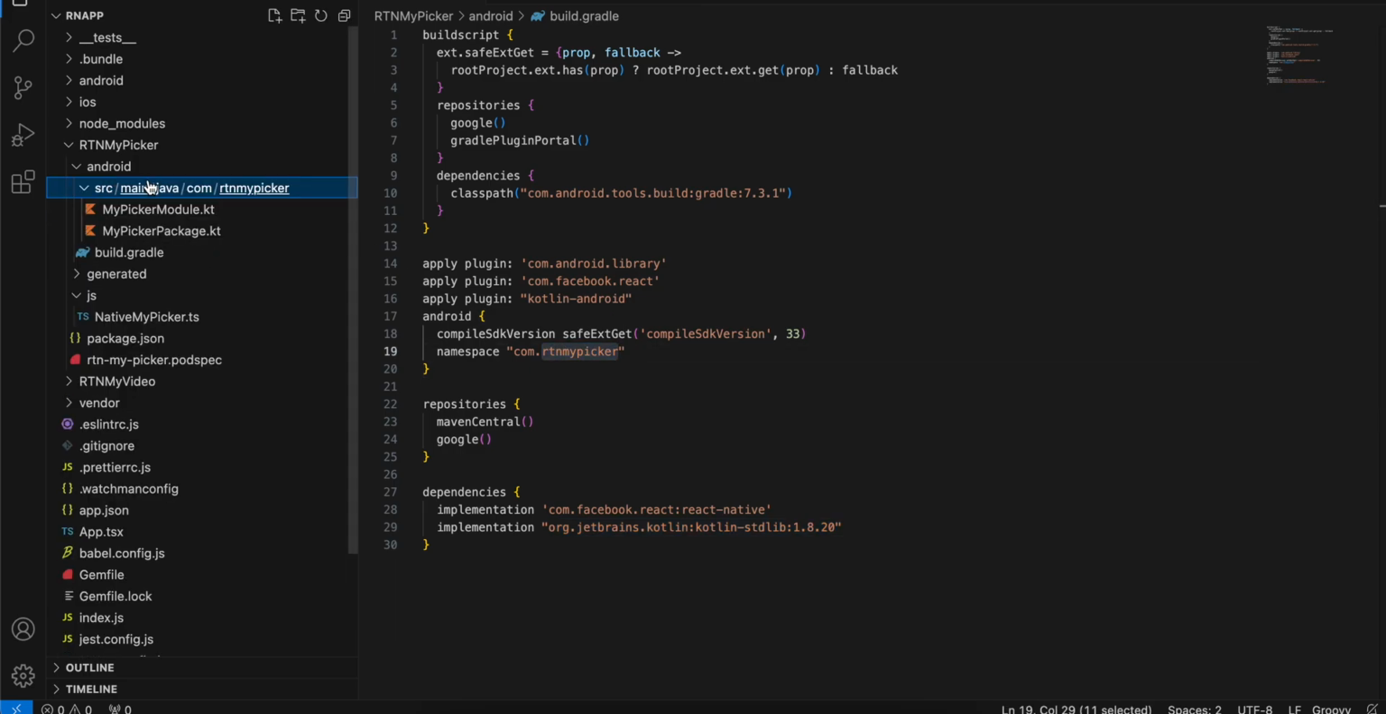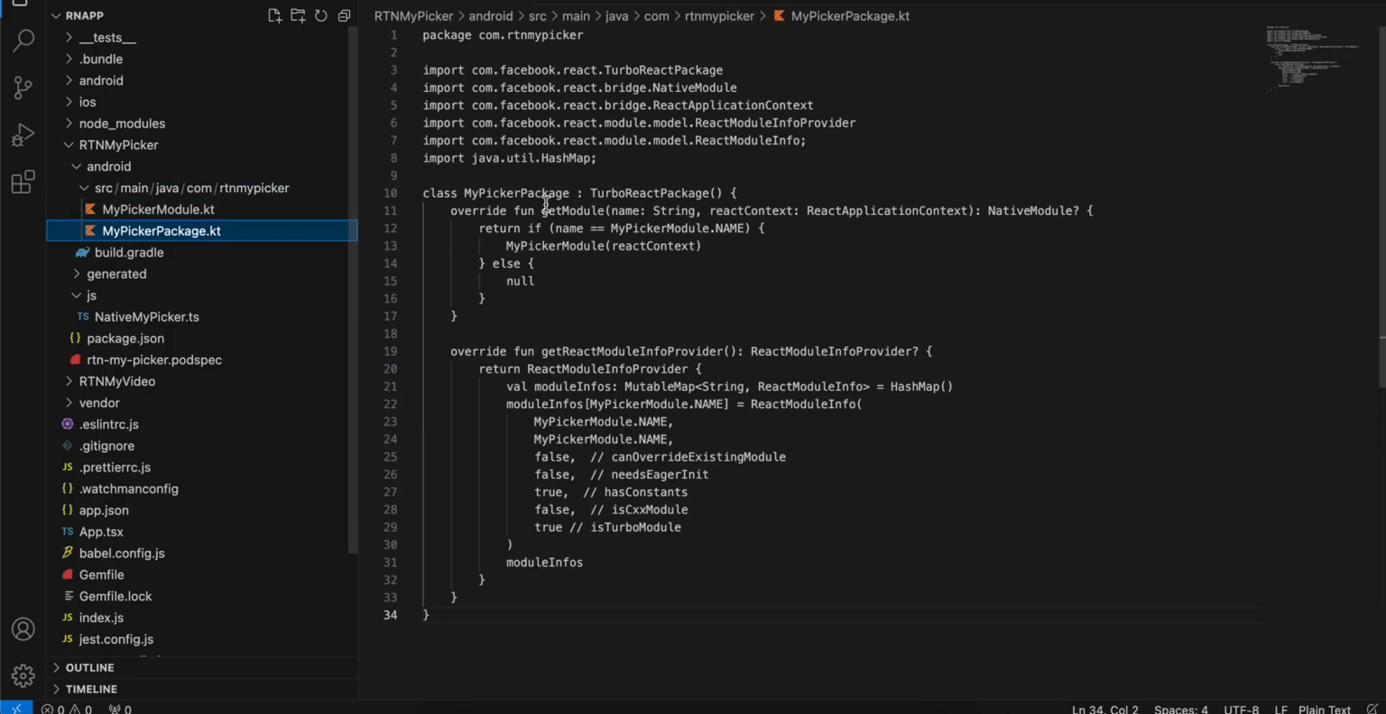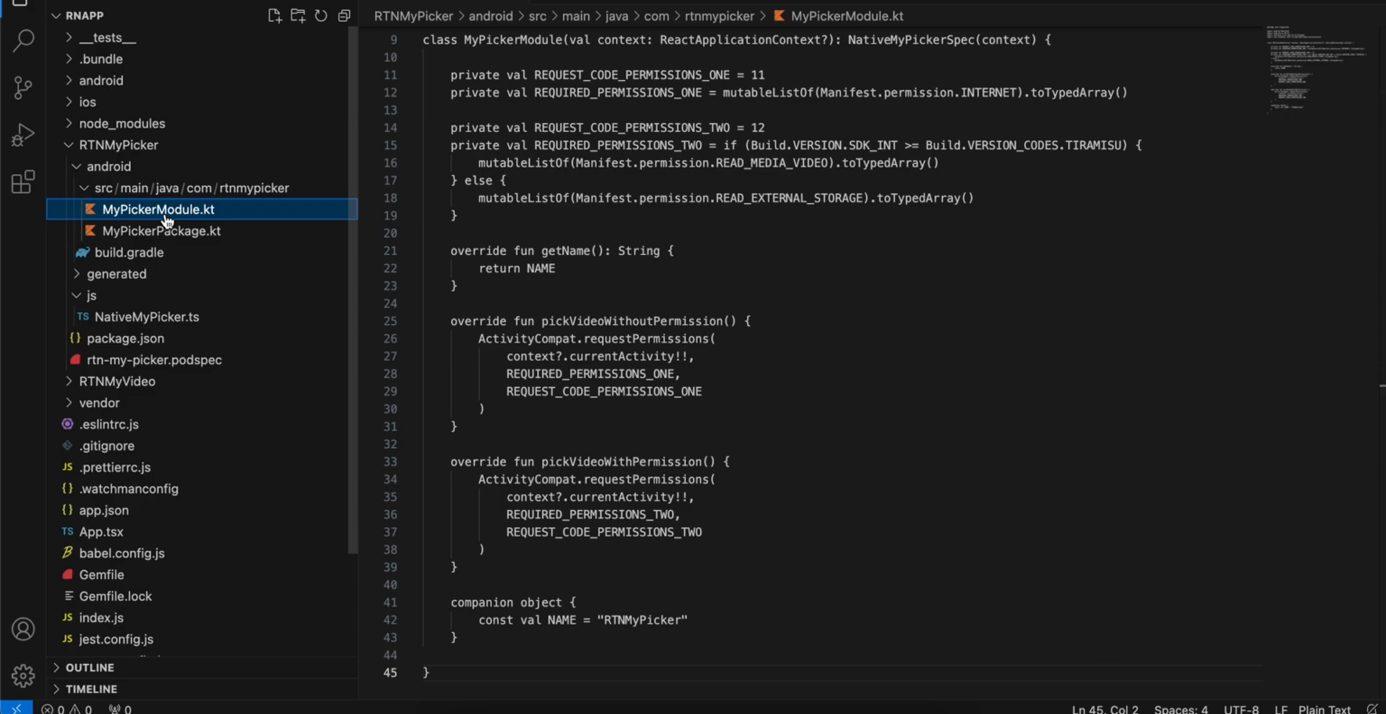Next, I have created src main java com RTNMyPicker. First, I have created MyPickerPackage.kt. Again, this has been copied from docs, only this name has been changed, like MyPickerPackage, MyPickerModule, and MyPickerModule over here and over here. Next, I have created MyPickerModule.kt